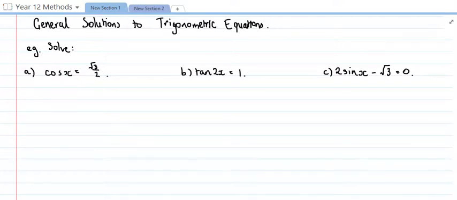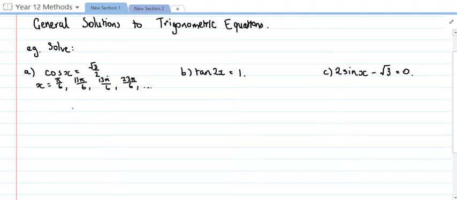So the angle that x would need to be for the cos function to equal √3 on 2 is going to be just pi on 6. So I can say that x equals pi on 6, and the other solution to this would be 11 pi on 6 in the fourth quadrant. I could write down a couple more even, so we'll go around the circle again. I'd then get 13 pi on 6 and 23 pi on 6,